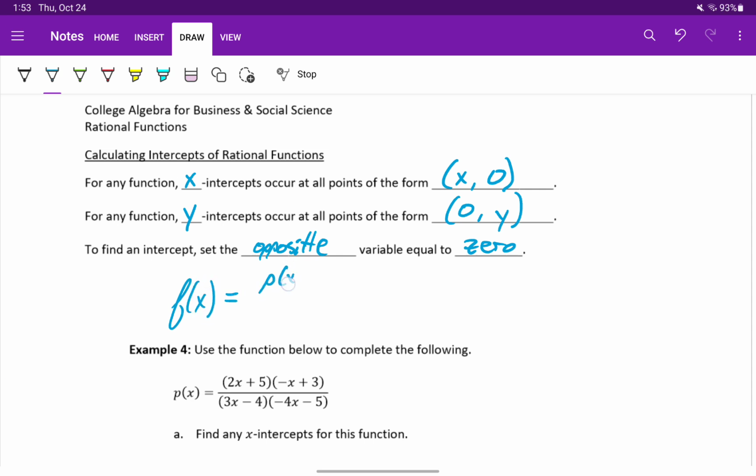But now that we're dealing with a rational function, p of x over q of x, a polynomial divided by another polynomial, we need to keep in mind that all we need to do to find x-intercepts is just set the numerator equal to 0. We don't need to worry about setting the denominator equal to 0 as well, because a 0 in the denominator gives us a restricted value, a point where that function is undefined. So to find x-intercepts, we set the numerator equal to 0,